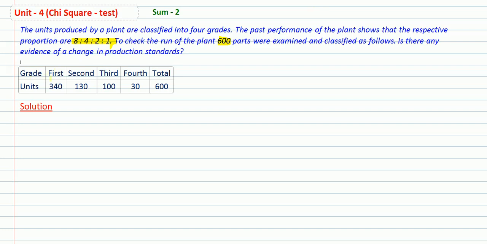Okay. Grades are given by first, second, third, fourth, and a total of 600 parts are examined. First grade 340 parts, second 130, third 100, and fourth 30. Okay, now our solution. First, we have to build up our hypothesis. So our H0 is, we can write, there is no change in production standard, or we can write the production